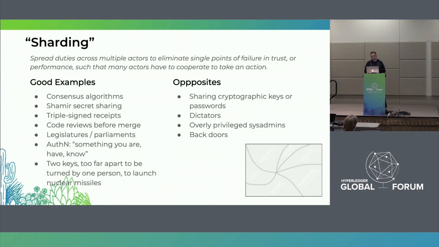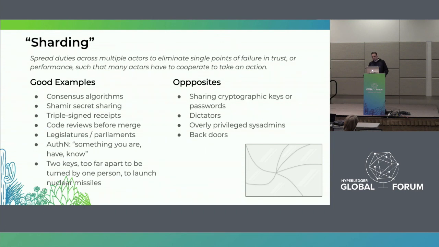The last one I put down is kind of an interesting one. Two keys. In a nuclear missile silo, there are two physical keys that have to be turned to launch a missile, and they're deliberately placed too far apart for one human being to turn them. You can't get both keys with human reach turned at the same time. That's because they're trying to shard the responsibility. They don't want to let one person centralize the responsibility there.